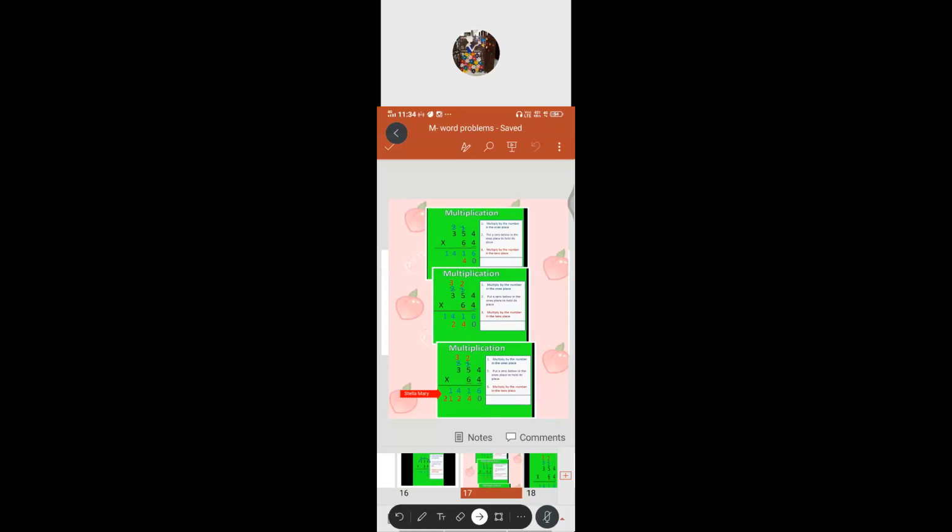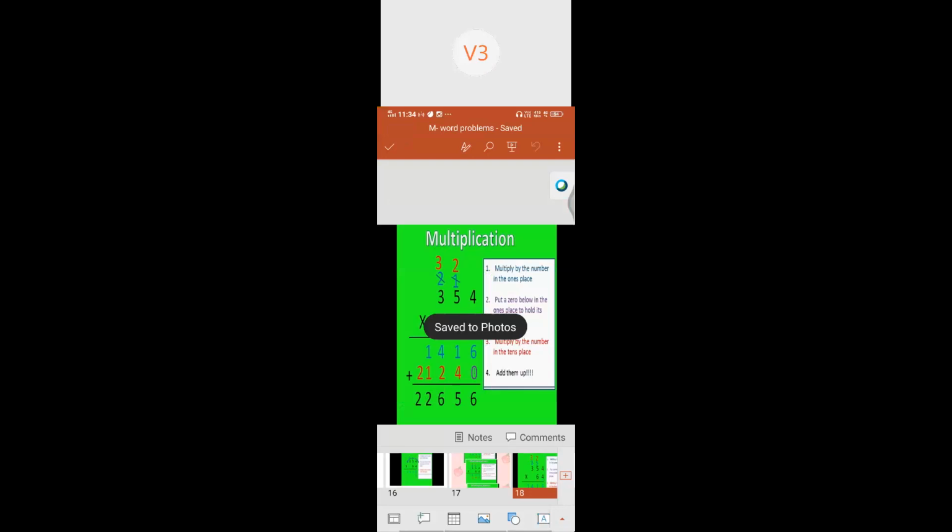Now what is the third step? We have to go for the addition. So we have to find the product. This is product 1 as well as product 2. The first answer we are getting from the ones digit. The second answer we are getting from the tens digit. That means product number 2. The first one is product number 1. Then go for the third step.